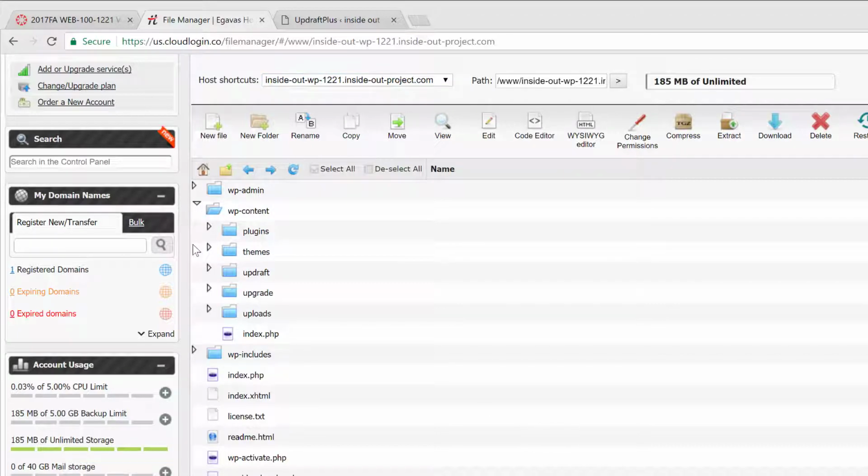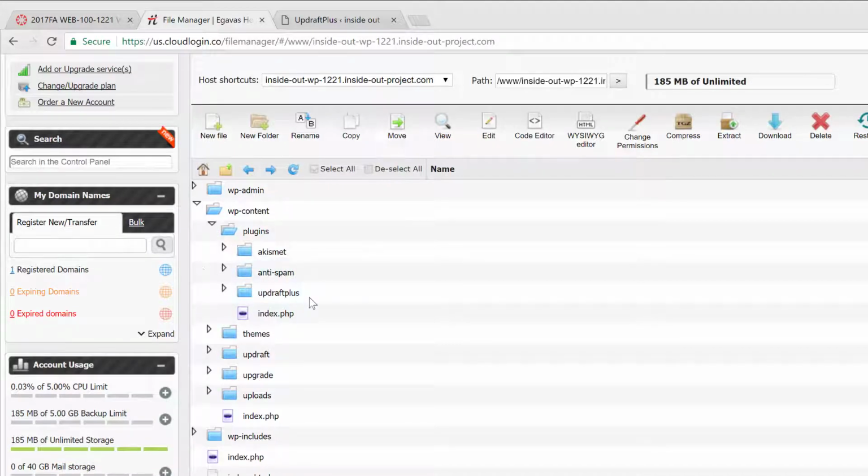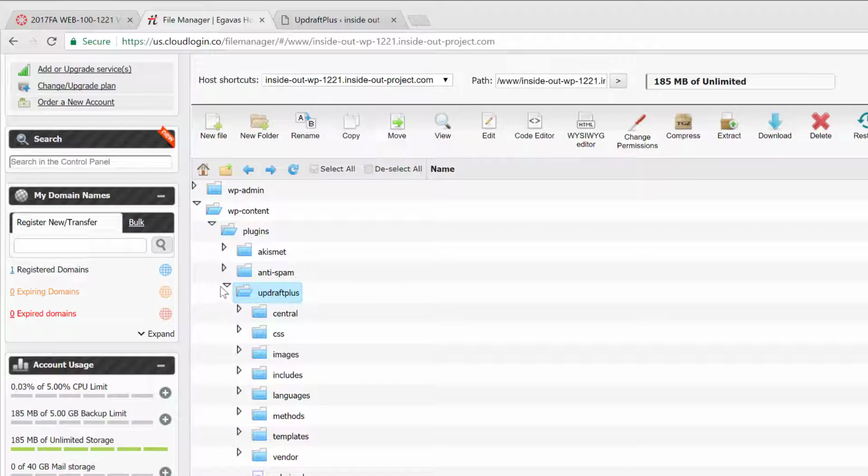Under wp-content, first of all, we have plugins. That's our plugin folder. This is not stuff you're going to be tested on. This is just to try to take some of the magic out of how some of these things work. In this plugins folder, you'll see we have our UpdraftPlus, and two more plugins that are out there. Each plugin gets a folder, and in that folder is all the code, everything that's needed for that plugin to work,